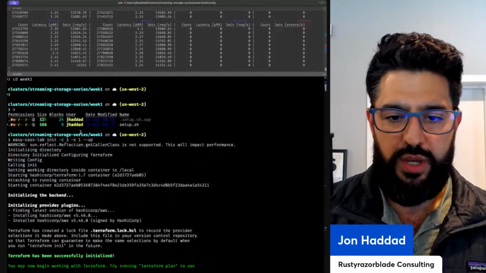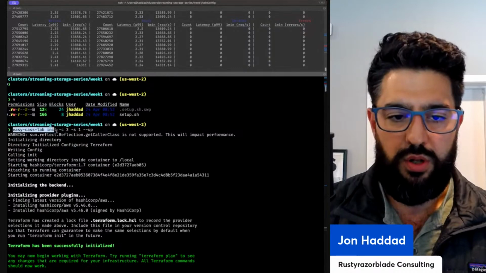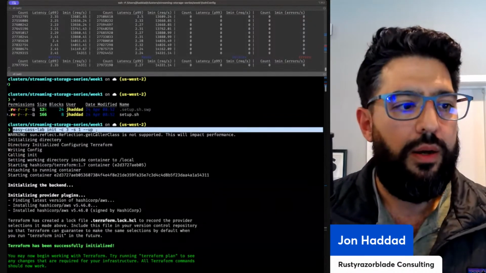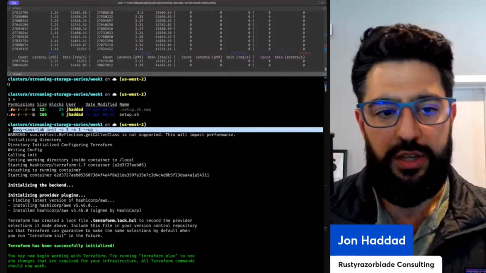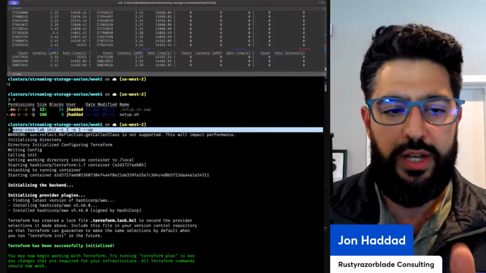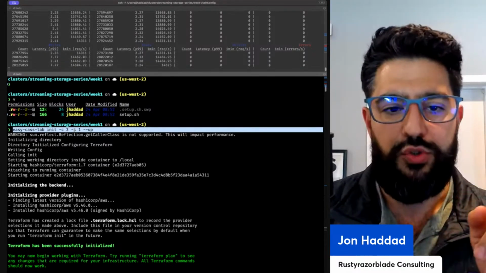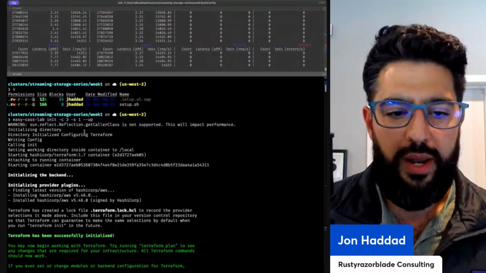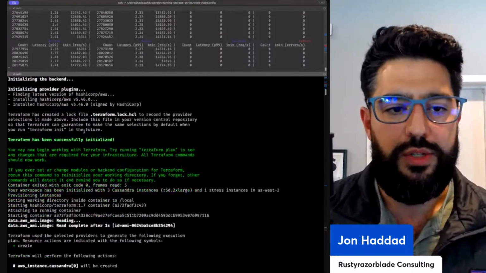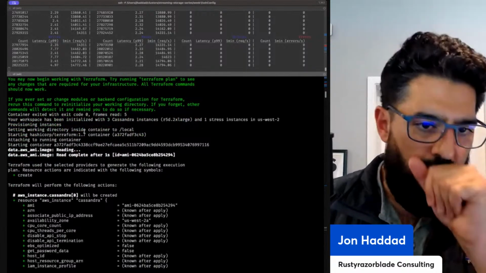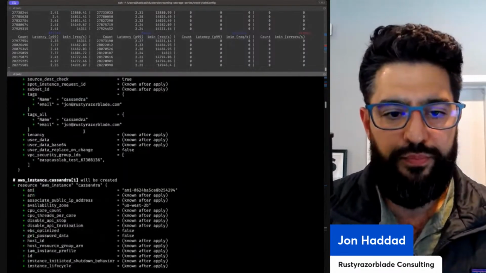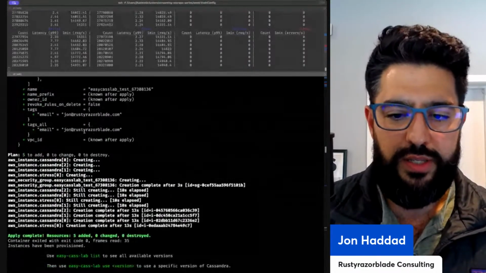The first thing I did was call easy-cass-lab init -c3. That means I want 3 nodes. -s1 means I want 1 stress node. And go ahead and bring it up automatically. It uses Terraform behind the scenes. It actually talks to a Terraform Docker container, and basically creates this,